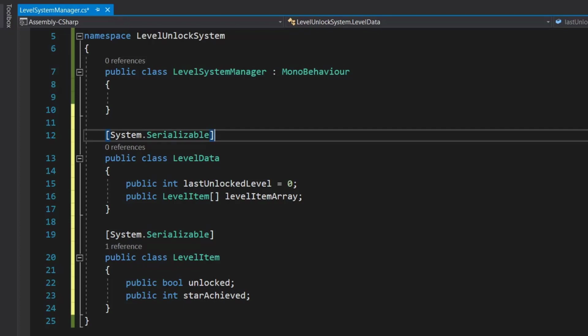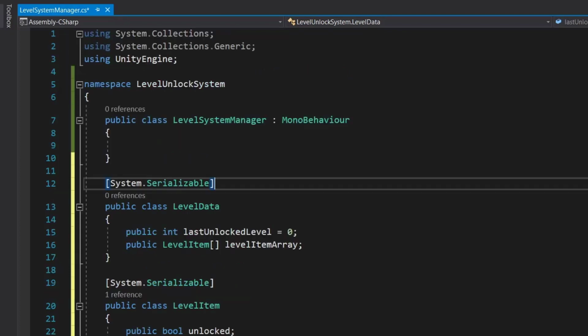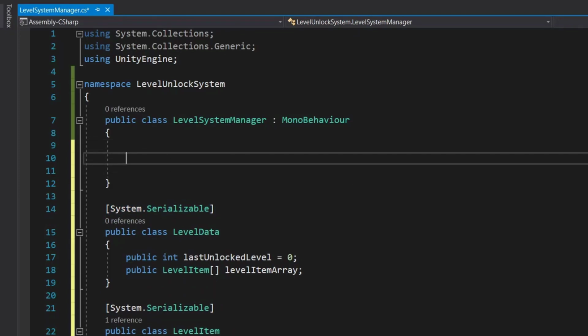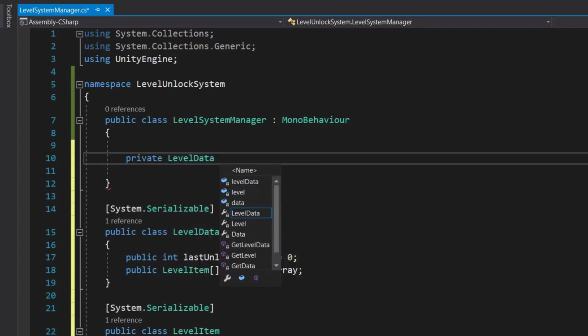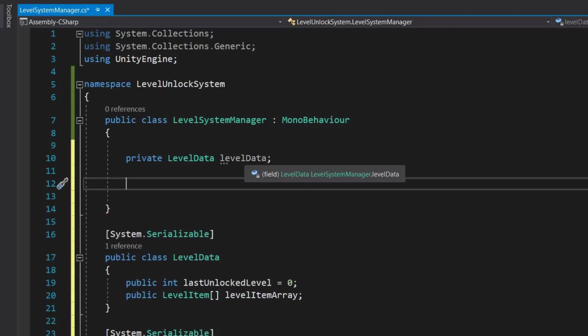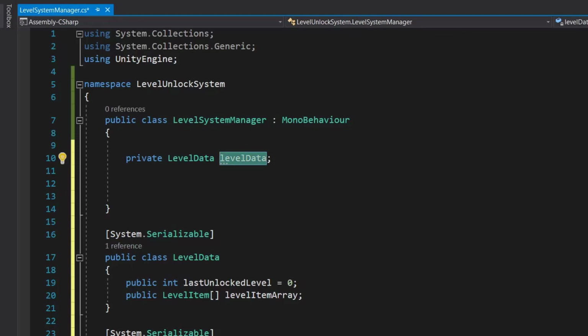So this stores which was the last level which got unlocked, and then it has an array of level items, and you can see both of them are system.serializable so that we can edit them from inspector. So here in our level system manager, we will create a private level data, and we will call this level data, and we will also make a getter for it because we need to access it from our UI manager as well.